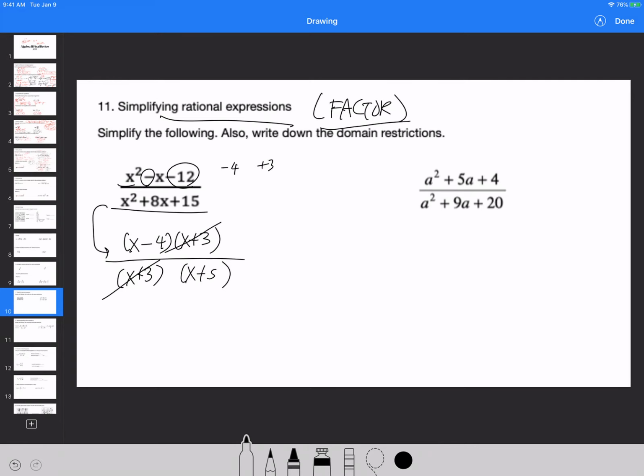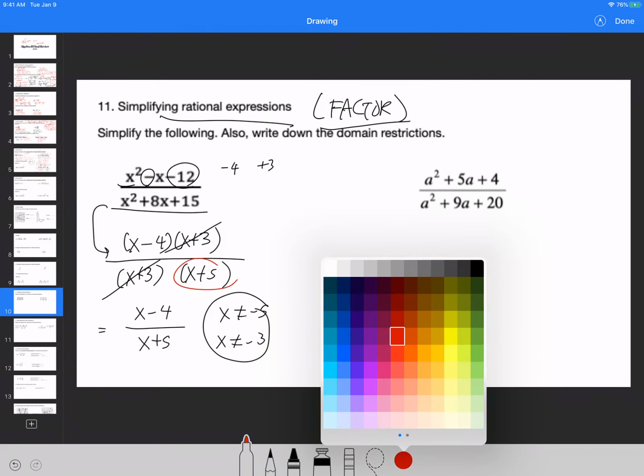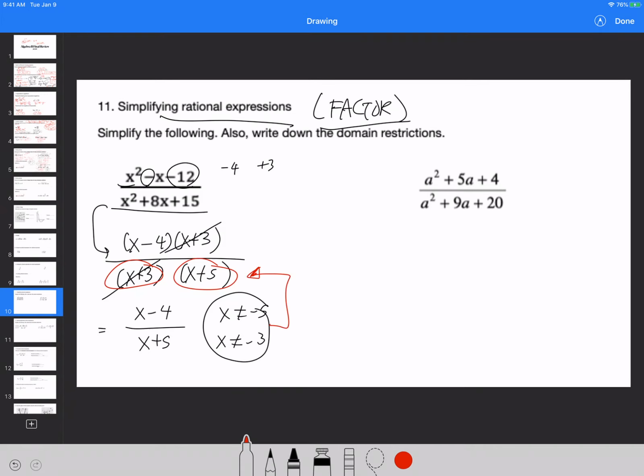Well, look at that. x plus 3 cancels out, so I can simplify it as x minus 4 over x plus 5. For the domain restriction, you're going to say x cannot equal negative 5, and x cannot equal negative 3. All that comes from this one and this one. Okay? Because your denominator